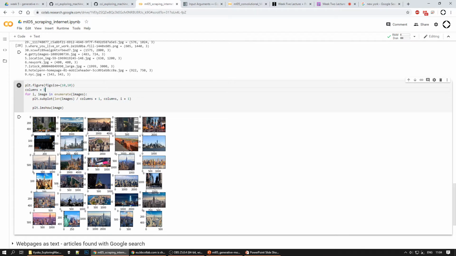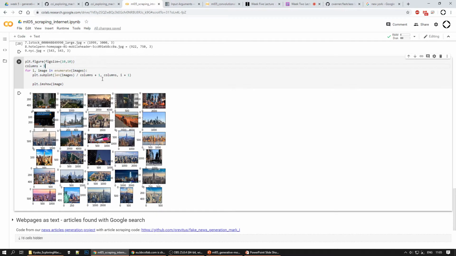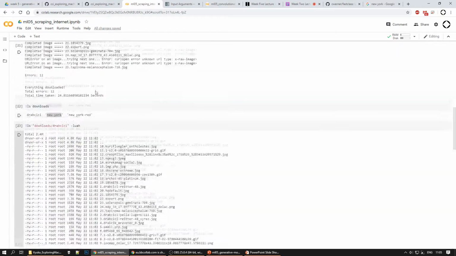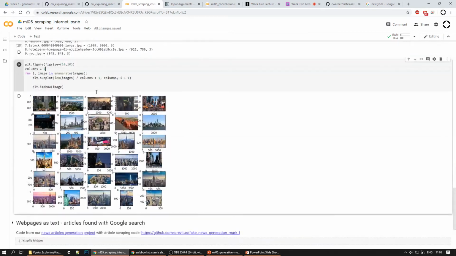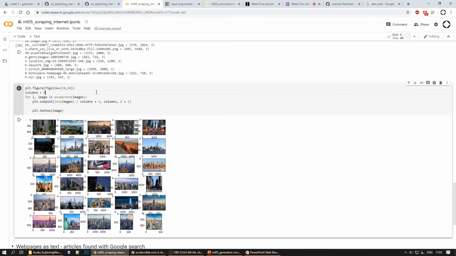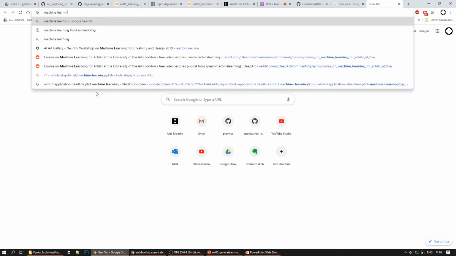Right, so you would get images that are more or less similar to something like what you could see on a postcard or something. And so this could be one data set that you're collecting. Well, so this is one way how to download images. The other way is actually just trying to find a dataset which already exists. So something like machine learning